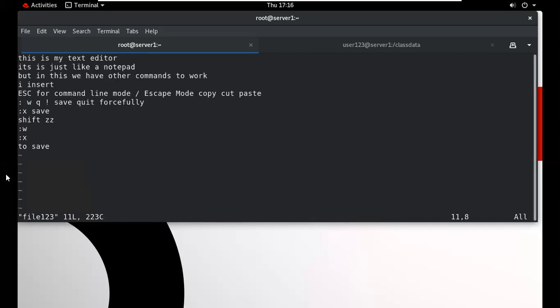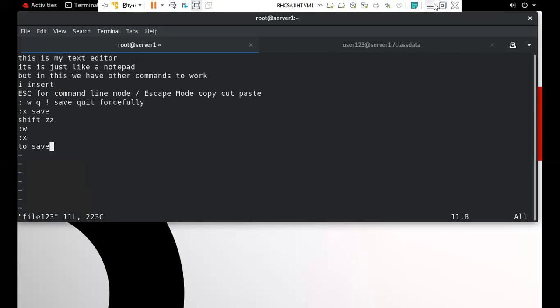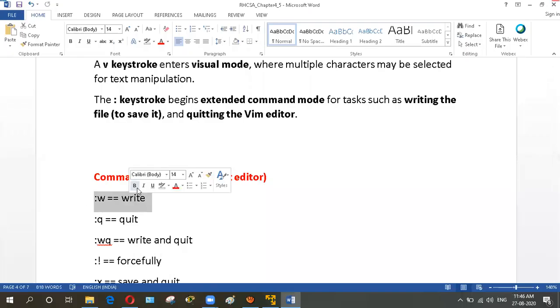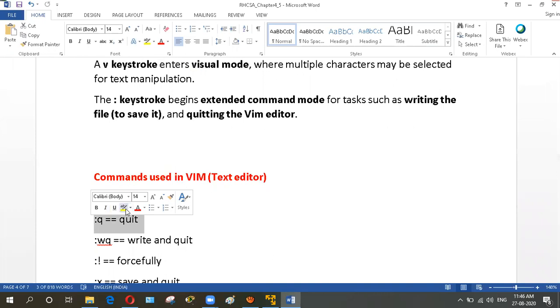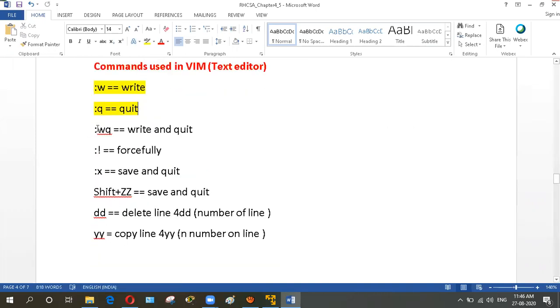So these are the options that are used. W to save, and Q to quit. If we want to save and quit at the same time, we can use both options together.